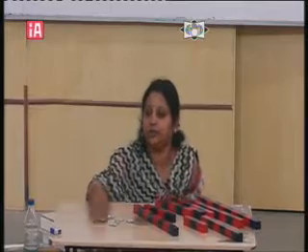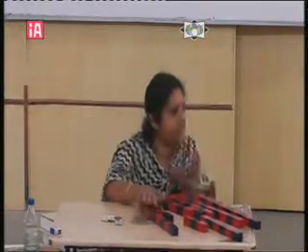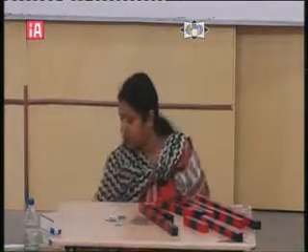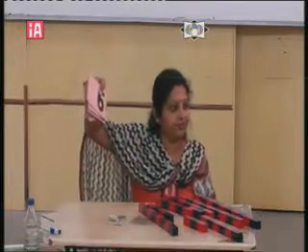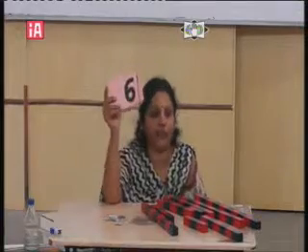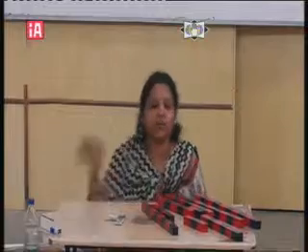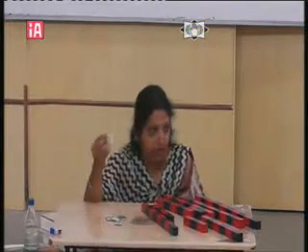Any doubts regarding this? No. Yes. Already you thought, no? That's what. In the beginning we did only with this. Quantities, I have taught through quantities. So again I checked whether the child is able to say rod of 1, rod of 2, rod of 3, or 1, 2, 3. We did many activities. After that I offered sandpaper numbers. After sandpaper numbers, again I am using number rods with cards.